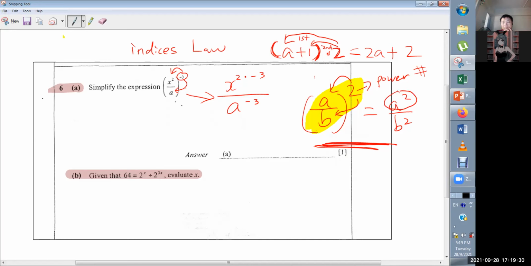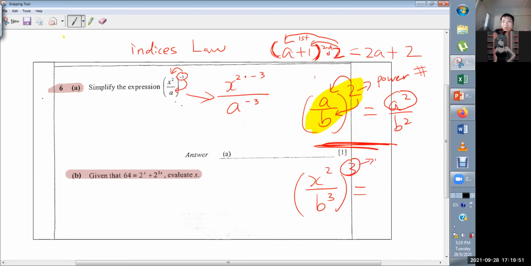Power 2. A to the power of 2. Okay, good. So now, let's make use of this concept. Let's say I have x to the power of 2, b to the power of 3, and all of it to the power of 3. Okay, so now you want to ask whether this is going to be, because of indices law,